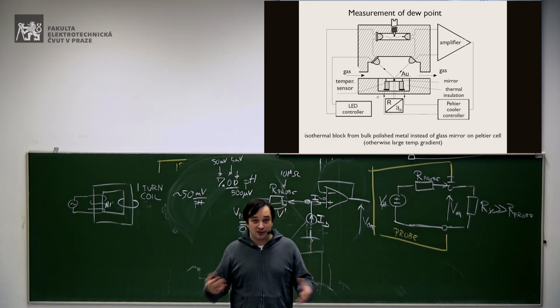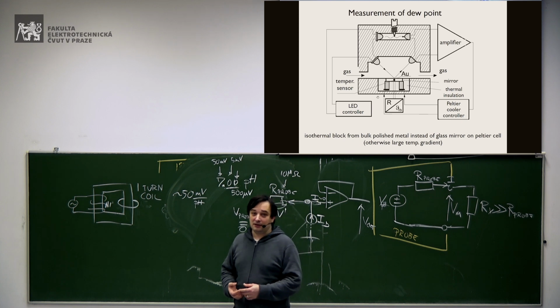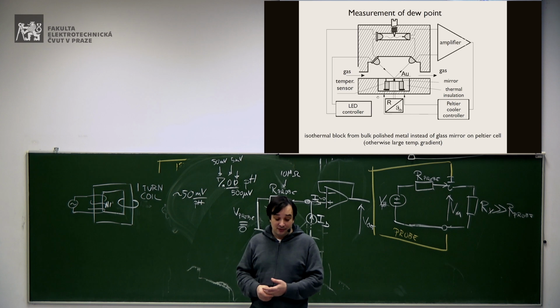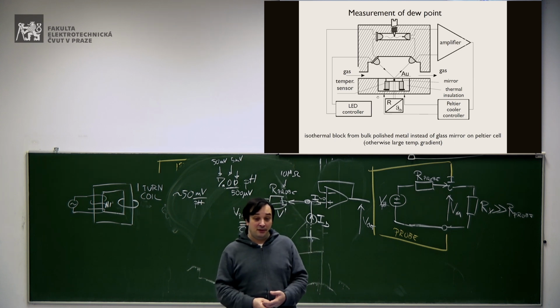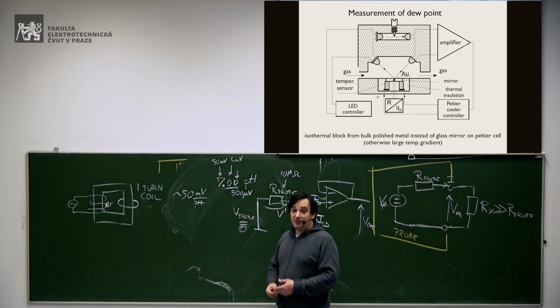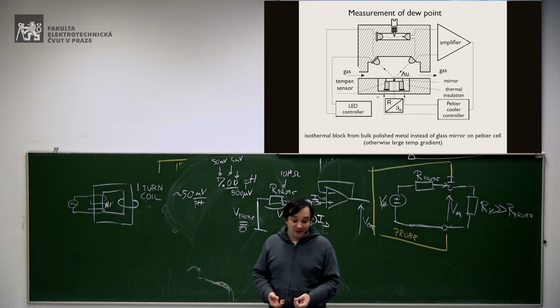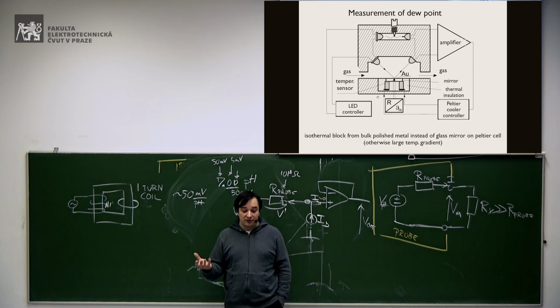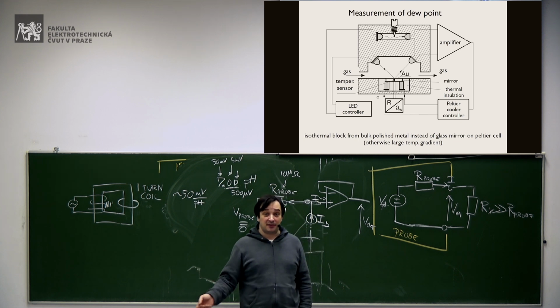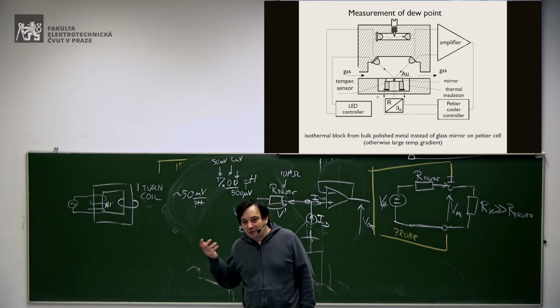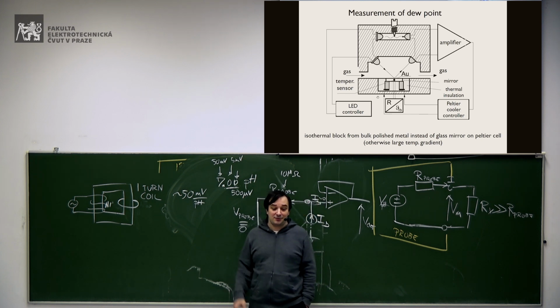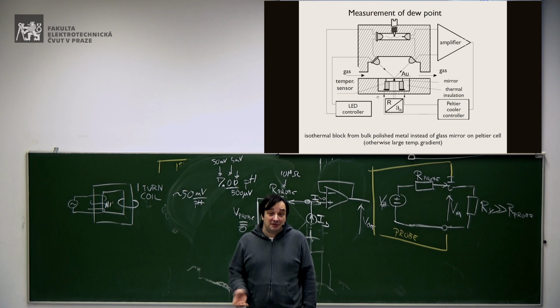Well, you can measure temperature, you can measure the humidity, and you make some calculation. But there is this very interesting method, which is a direct measure of the dew point by creating dew. So what you do here is to have a mirror which is cooled down, for instance, by a Peltier cooler, which is very simple because you just need some current. And it's not efficient, of course. Peltier cells are probably the worst in thermal efficiency, but it's very simple.